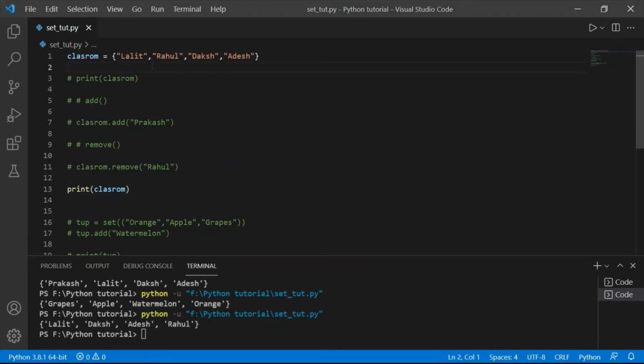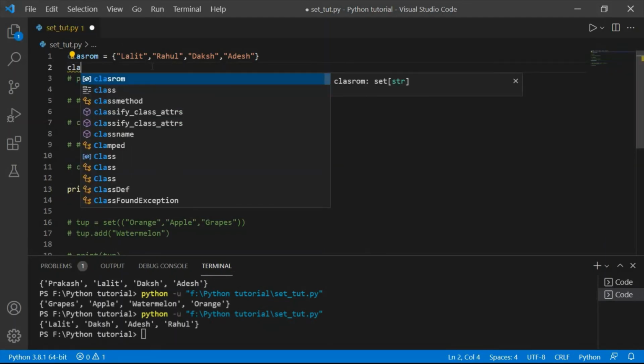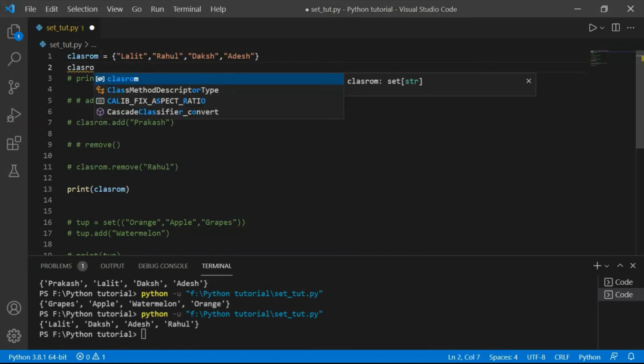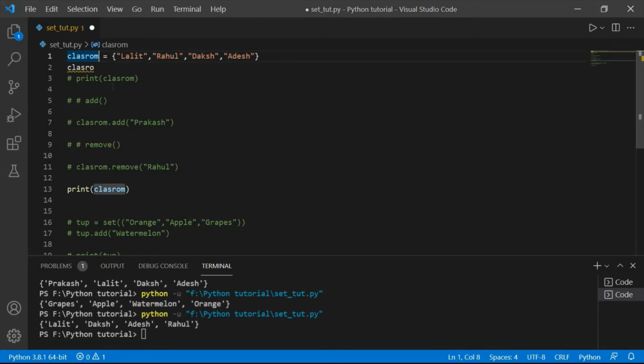So now there is a class. Okay, so classroom A, this is A division. I will mention here A division and classroom B. Okay, so this is a new variable. So now we will make a set, and in this class B students are there. So class B, there will be girls, Disha